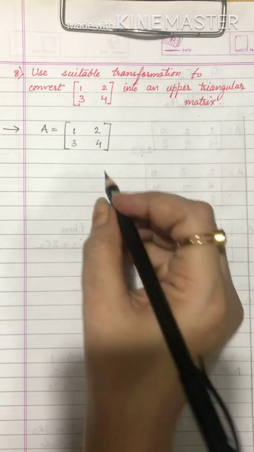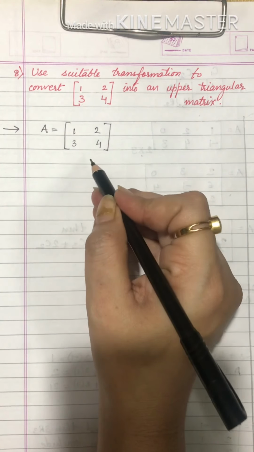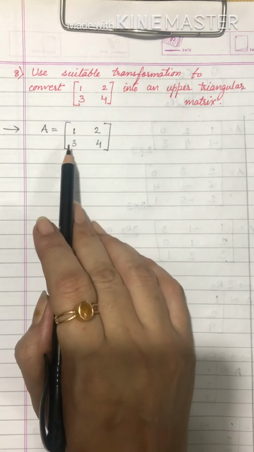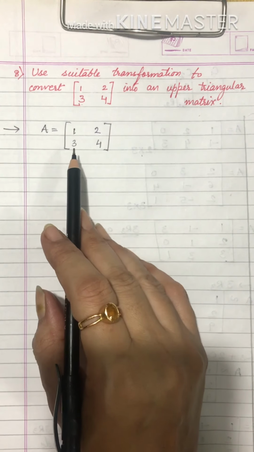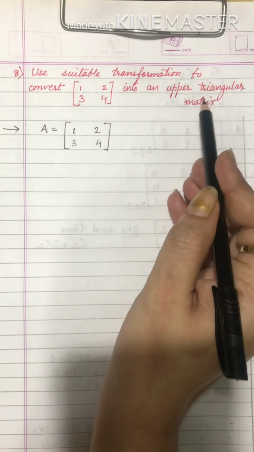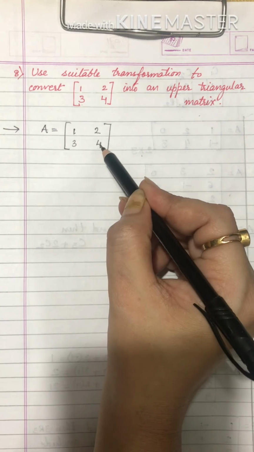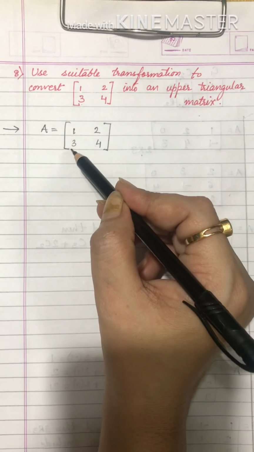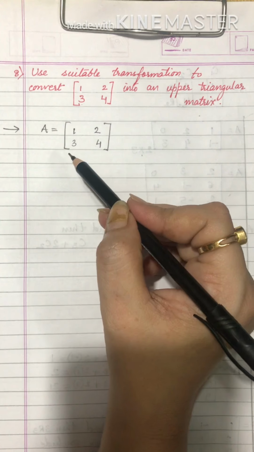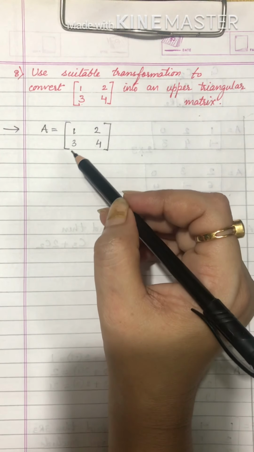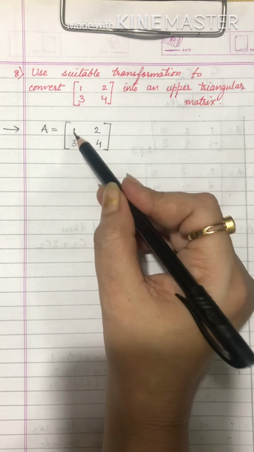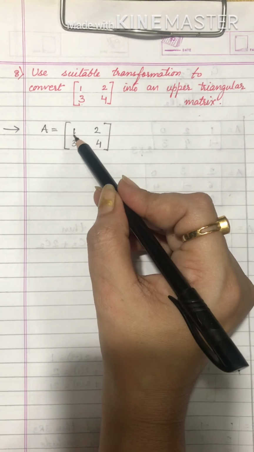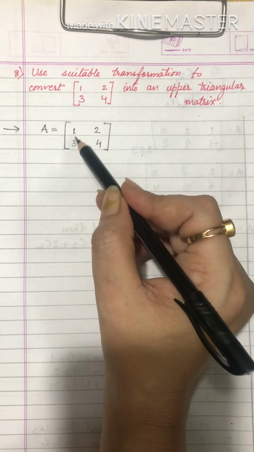Now, it is very important to understand how to use the transformations. So far we were solving sums wherein transformations were already given to us, but here we have to choose the transformations on our own. Upper triangular matrix means that apart from the diagonal elements and the elements above the diagonal, this lower element should become 0. How to make it 0? You have to make use of mathematical operators plus the elements already present in the matrix. When the element in place A1,1 is already 1, it becomes easier to make this element 0. See how we are going to do it.